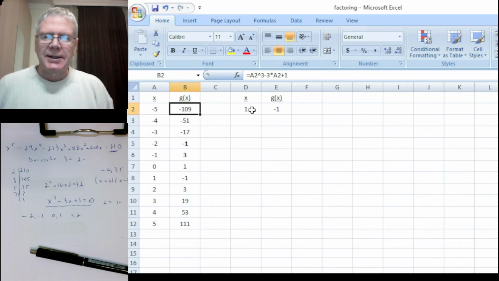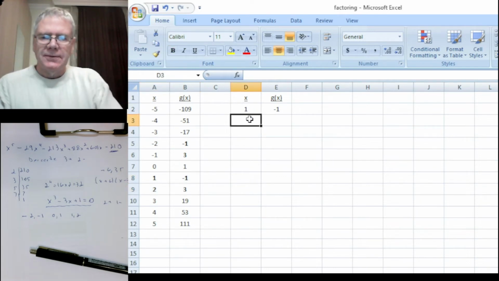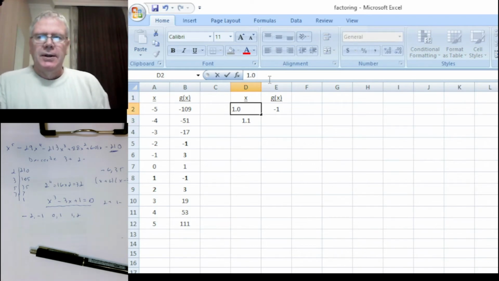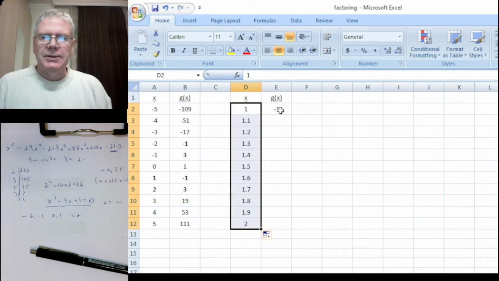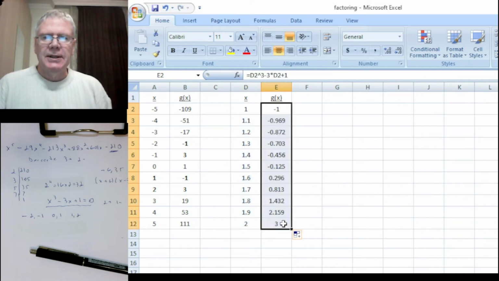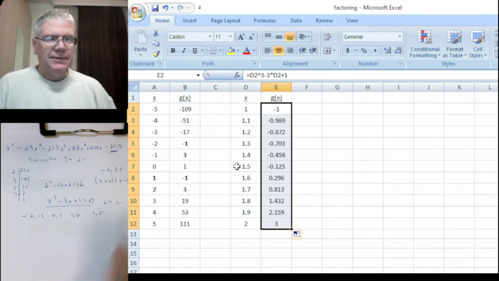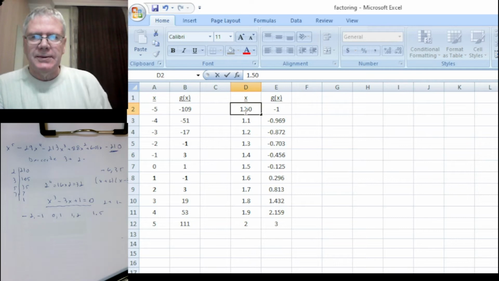So let's go back here and let's look for the one between 1 and 2. Let's try to find out what that is. So we're going to go from 1 and we're going to add to it. We're going to look for the first decimal place right now. So I'm going to drag this down. This goes from 1 to 2, and this is the value of the function. And it changes sign between 1.5 and 1.6. So 1.5, and let's do this again. We'll do 1.5, and we're going to add a new decimal place, 1.50,